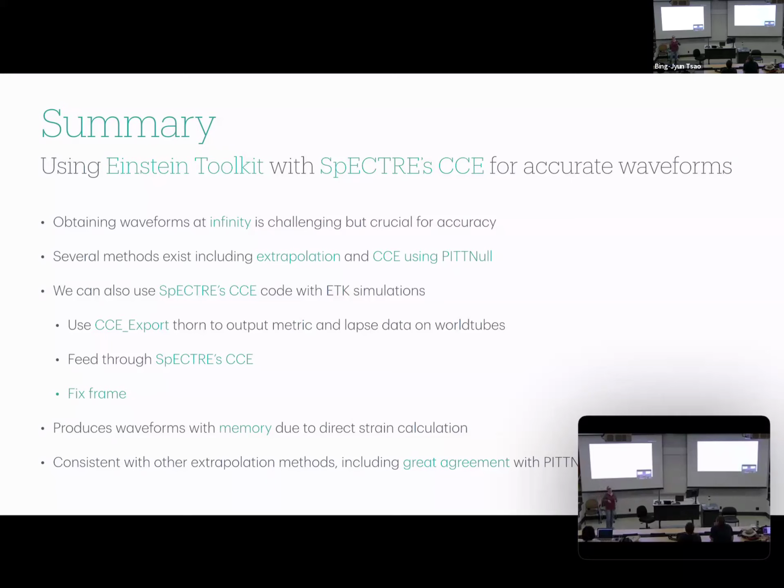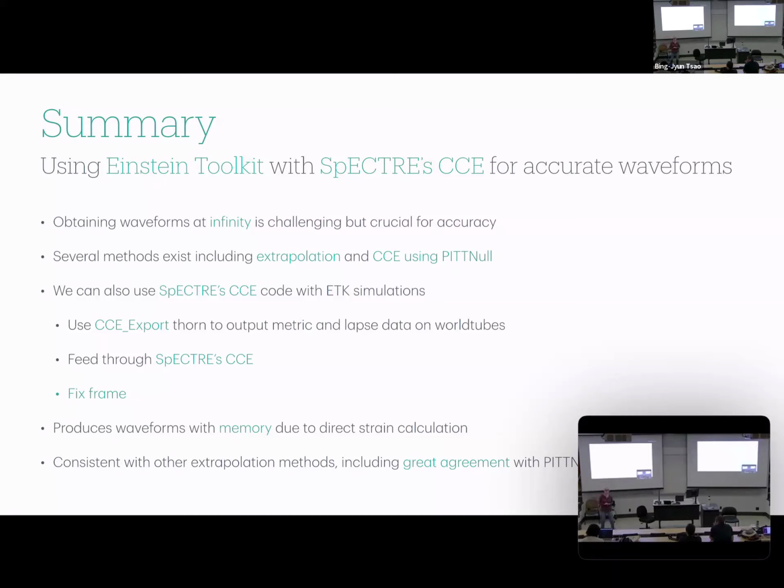So the outputting of the CCE data, the data that I'm dumping to feed into CCE, I'm outputting all of it, just from the start of the simulation. I'm also feeding all of that into SpECTRE CCE. This is only in the post-processing that I just make sure that those first like 150, well, like 75 M plus whatever your extraction radius is, just the padding time value, and T naught just needs to be after that. It doesn't really affect the rest of the process. It's just when you're actually analyzing the waveform. Not too different than when we just cut off junk before we feed into LIGO and things like that.